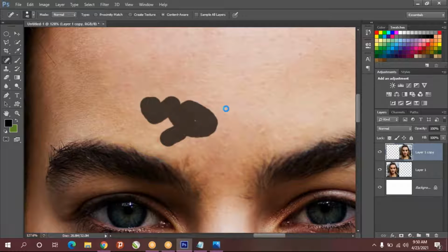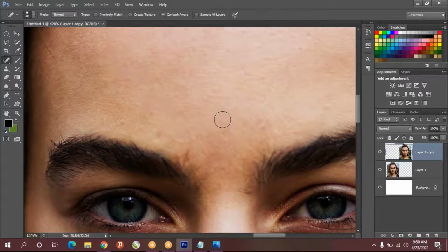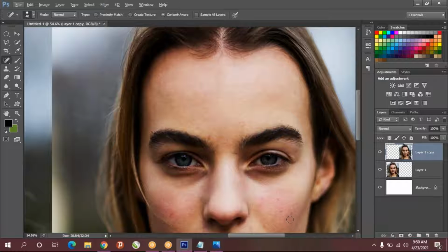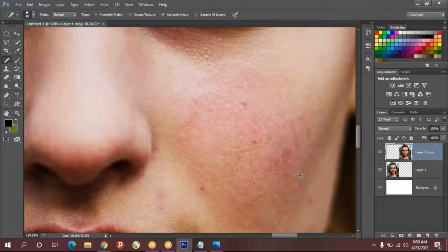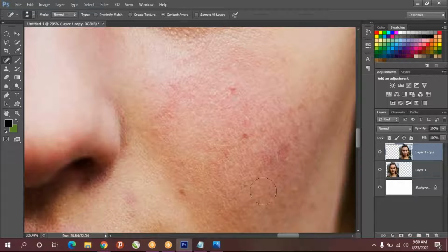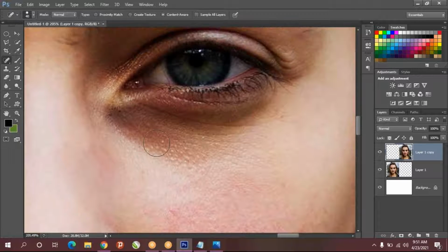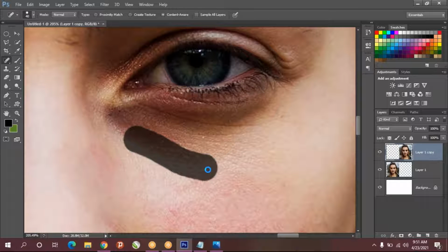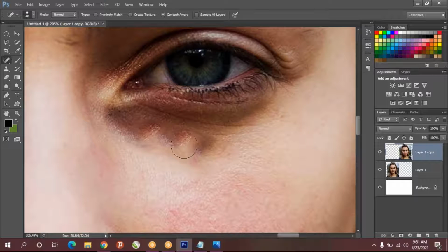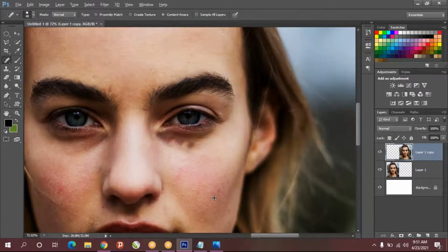So you can do like this also. But here if we drag, it won't look that good.